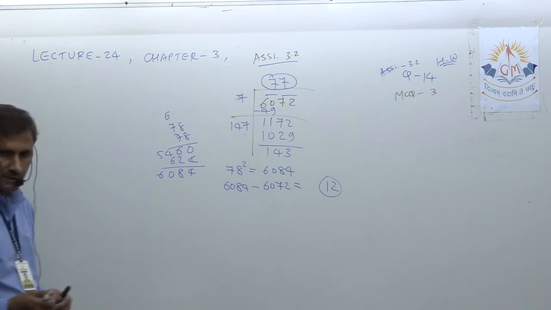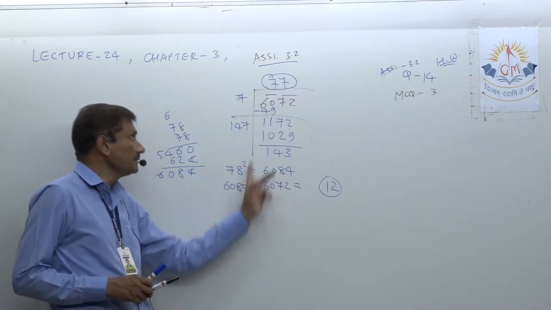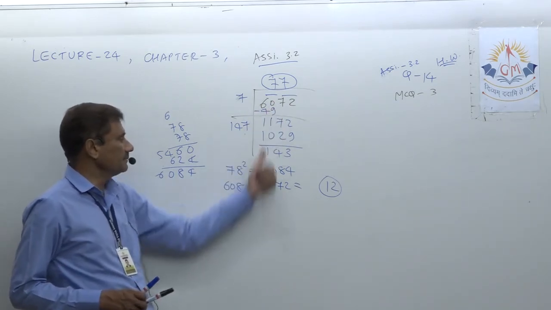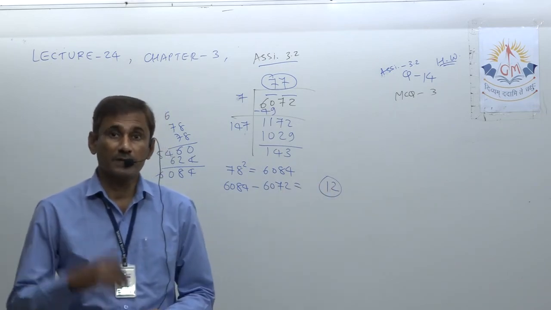Understand well. In addition, look for the next number's square, then just take the difference of the required number and the given number. This is the required number, this is the given number. So how much more should we require? That should be added.